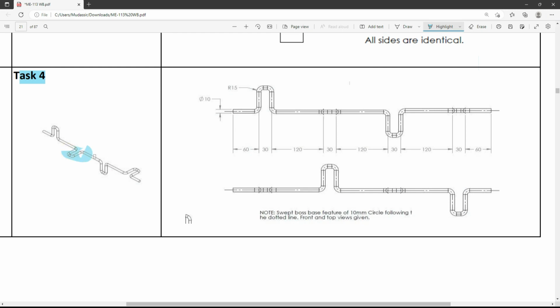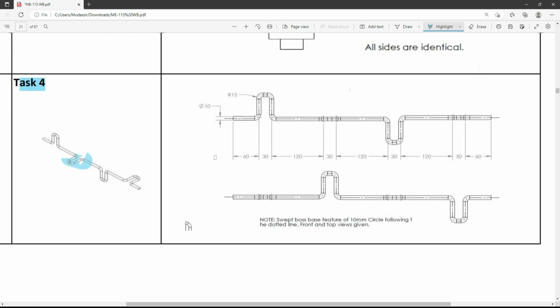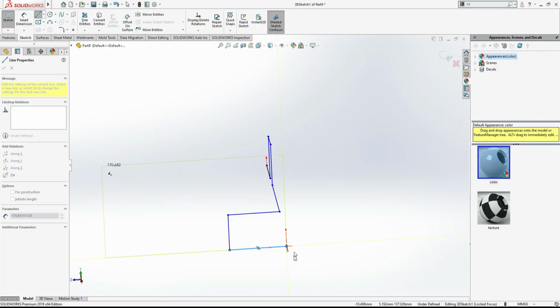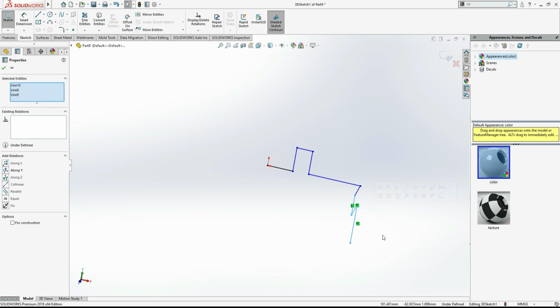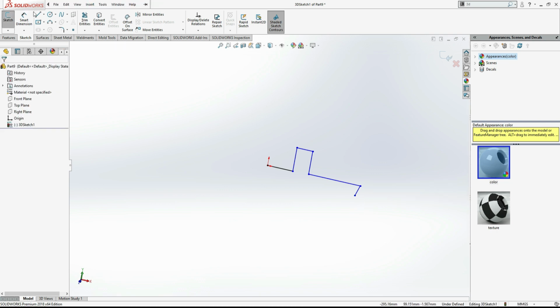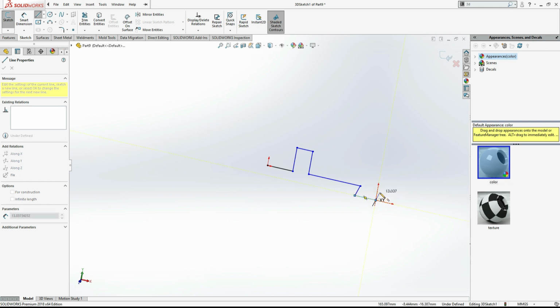Now we have to move forward. So okay, come to the point. We have to move here. So again we have to come here, let me see. You can see it's again done wrong. We have to move this line here. So again select this, come here, now here, and